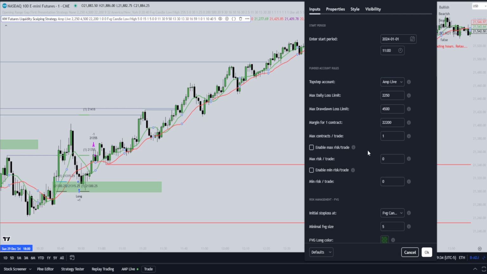Well, let's go to the next 2 subjects actually, and that's enable max risk a trade and then the max risk a trade. So the boolean, let's read the tooltip. It overrides the max amount of contracts for each trade based on a dollar amount. It will never exceed the max drawdown. And then for the max risk a trade, this will not override the default max daily drawdown and max daily loss. So once you enable this,